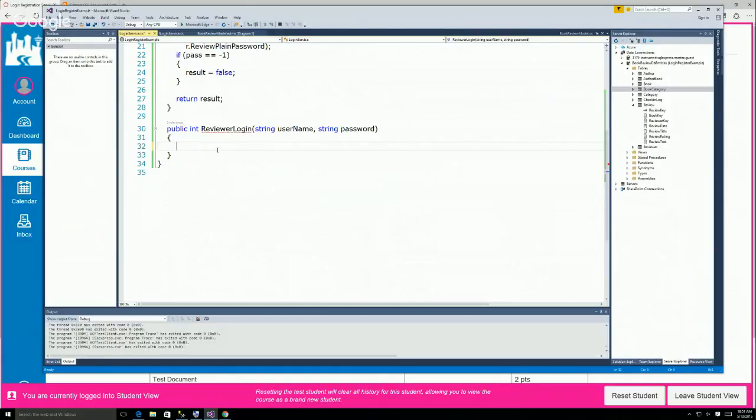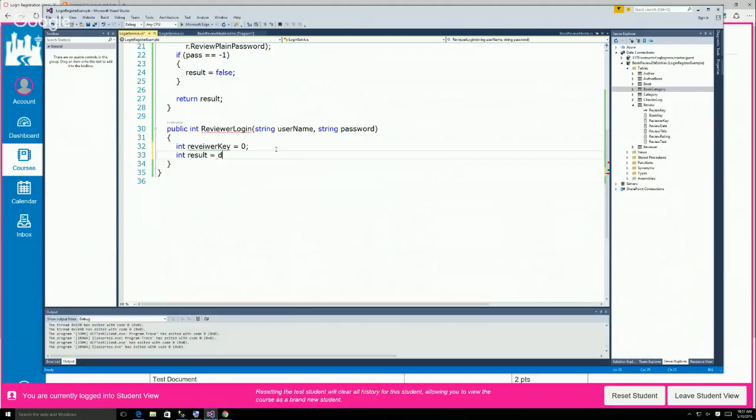I'm going to do int, we'll just call it reviewer key, equals 0 right now. And then I'll do, well, actually it wouldn't be a bool, because it is going to be an int. I'll call this one int result